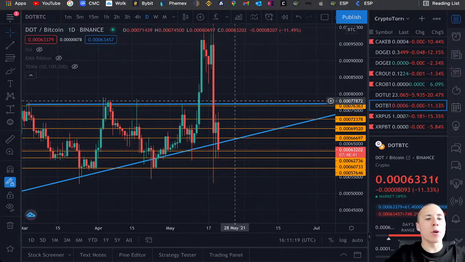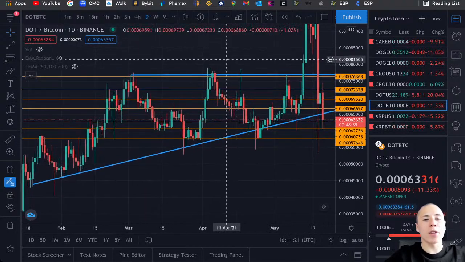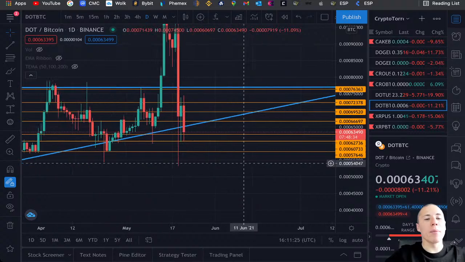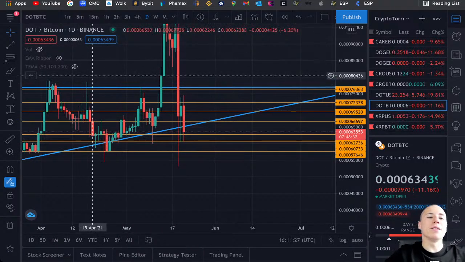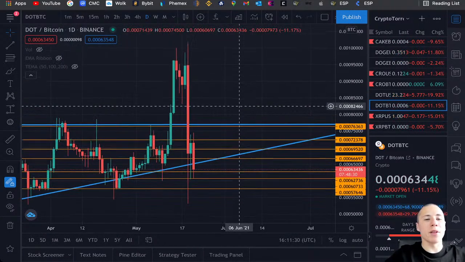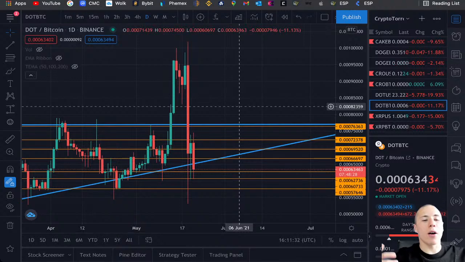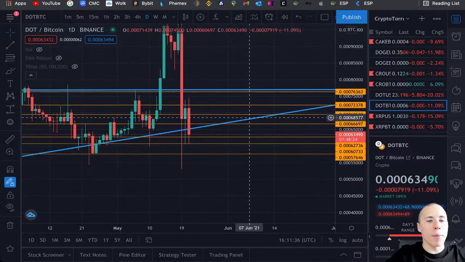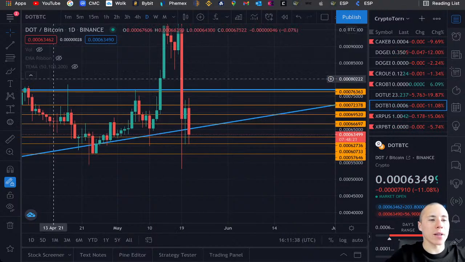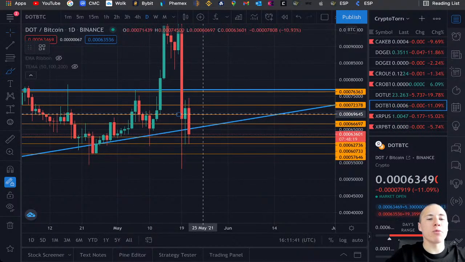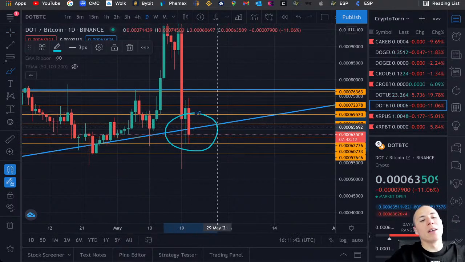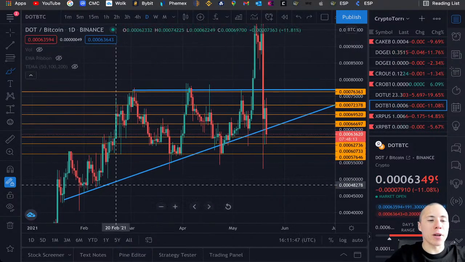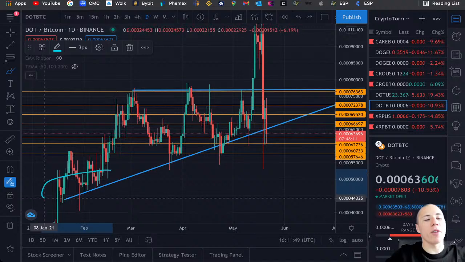So what we are seeing over here is that Polkadot, compared to Bitcoin, is still looking strong, but unfortunately on the compared to US dollar chart, I'm not very happy about how the price action is looking right now. But what we are seeing is that Polkadot is once again retesting this upward sloping support line, and this upward sloping support line, especially in the Polkadot chart, is for me of utmost